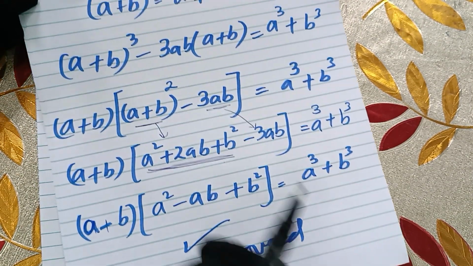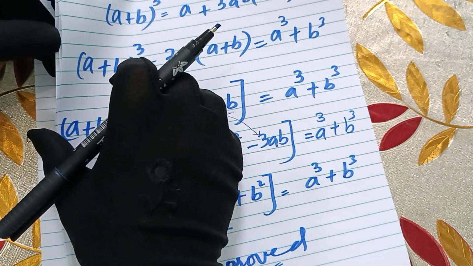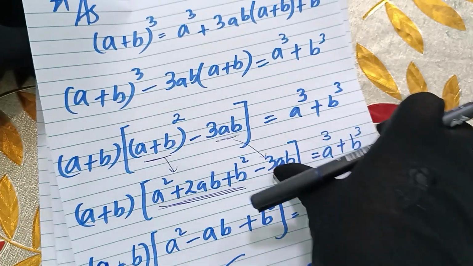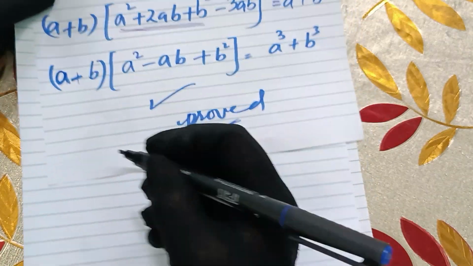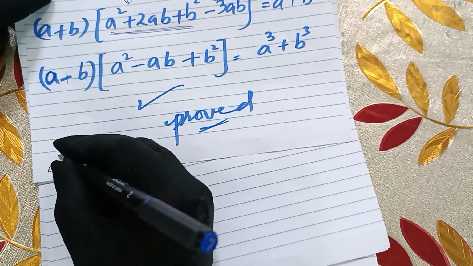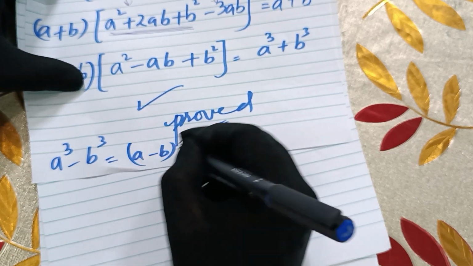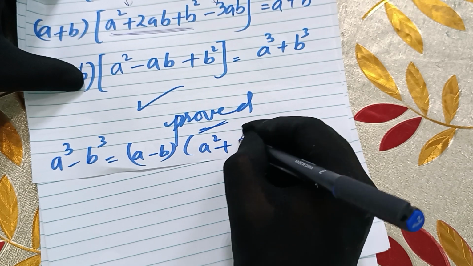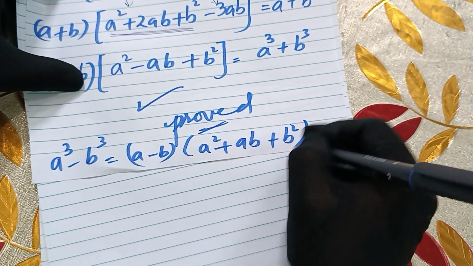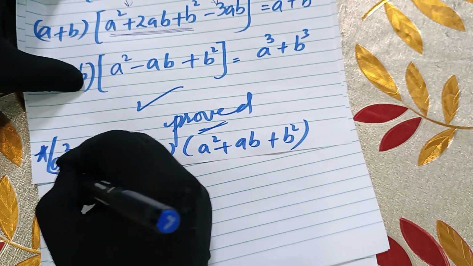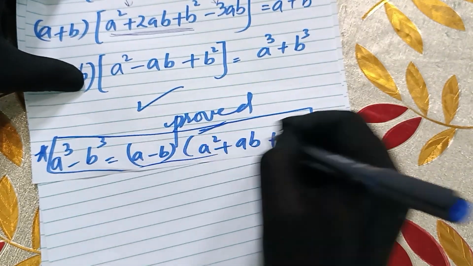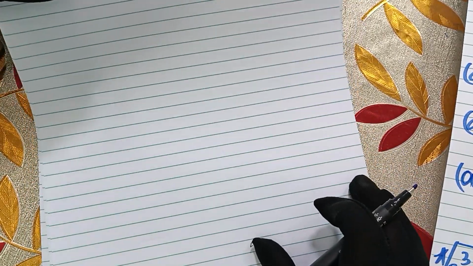Okay. In the same way we can get the last identity also. I will write over here on the same page that a cube minus b cube also equals a minus b times a square plus ab plus b square. Okay, this is also an identity. So solving chapter number 13 of this book, Countdown 8, on algebraic expansion and factorization, you must know